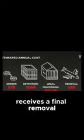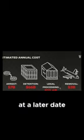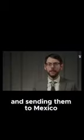Once a person receives a final removal order, they have to either report for deportation at a later date or wait in detention until then. At that point, the U.S. government has to actually arrange the removal. That would involve putting them on a bus and sending them to Mexico,